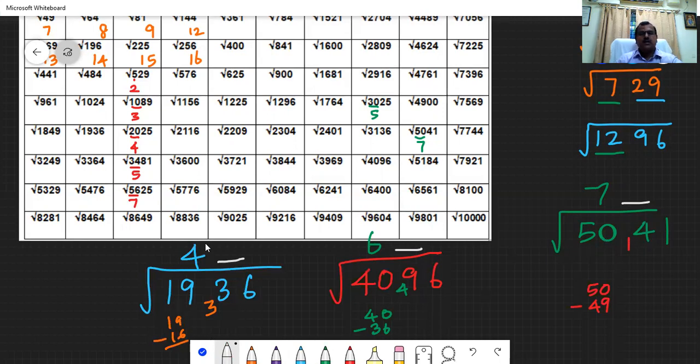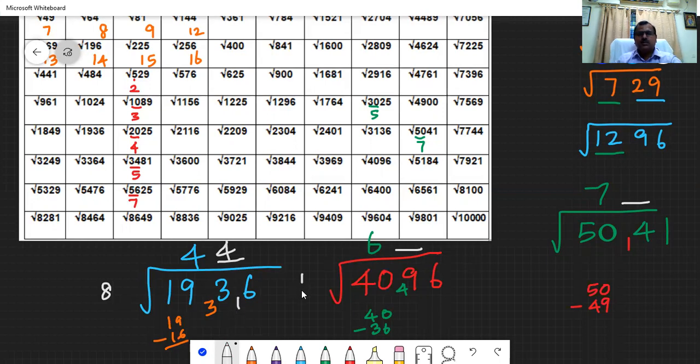What to do, sir? This 8 you have to multiply by 2. 4 twos are 8. How many 8s are there in 33? This 33 you can divide by 8, that is, twice the first digit. So 4 twos are 8. How many 8s do you have in 33? 4 eights are 32. Remainder 1.